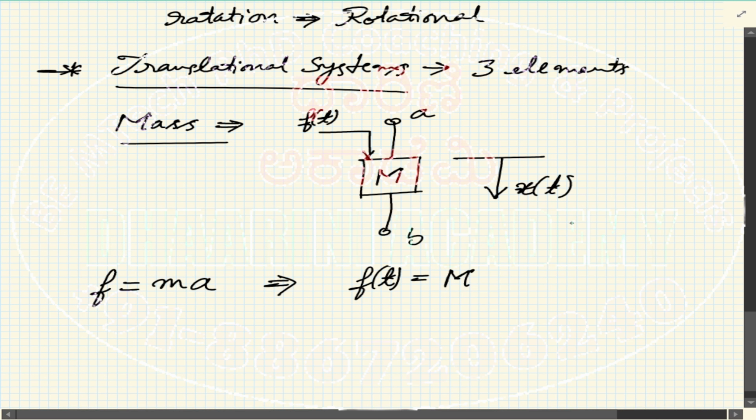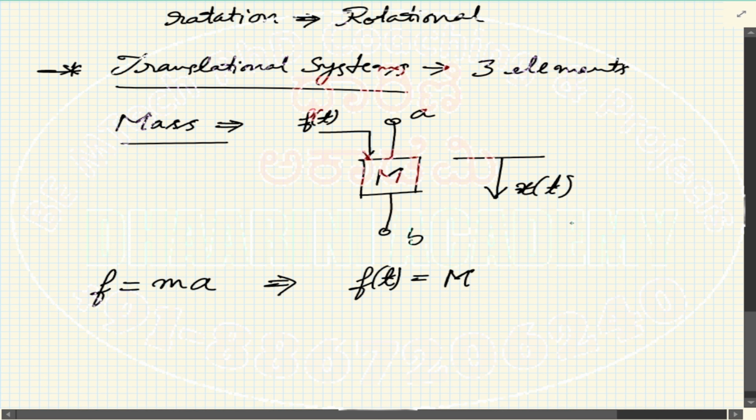So acceleration is velocity by time. But if you consider x of t as a continuous variable, then the x of t by time is nothing but differentiation, dx by dt, right? So that's why you can simply write this as double differentiation, d square x of t by dt square,